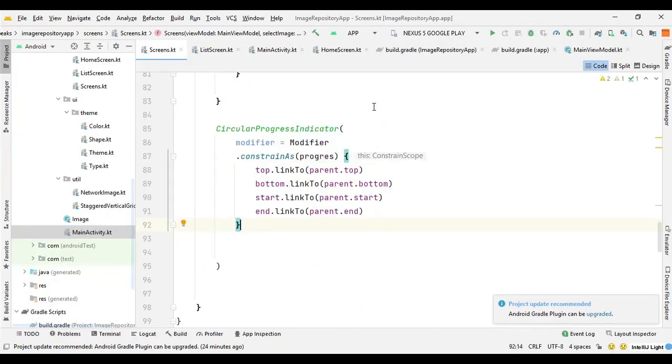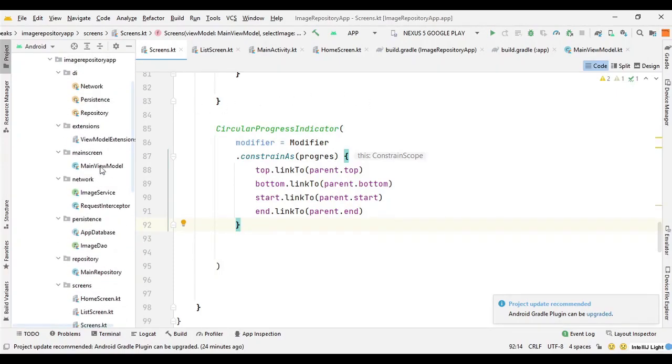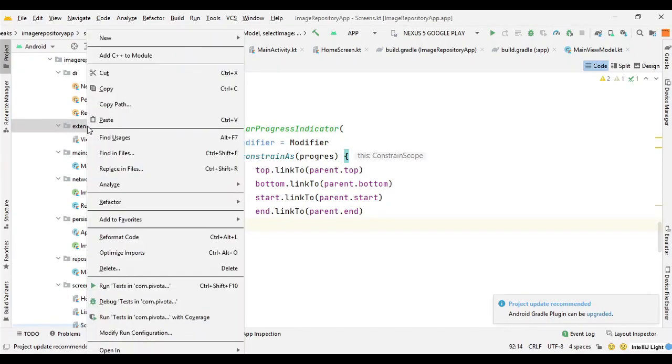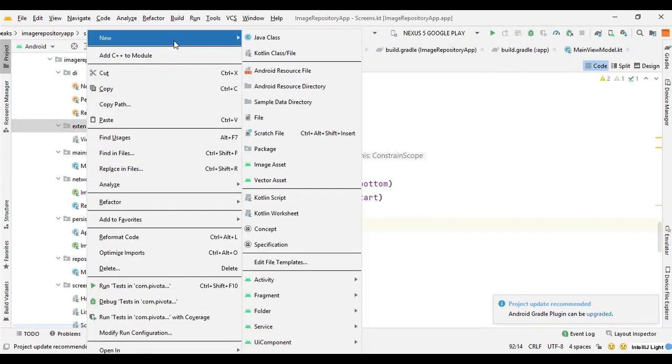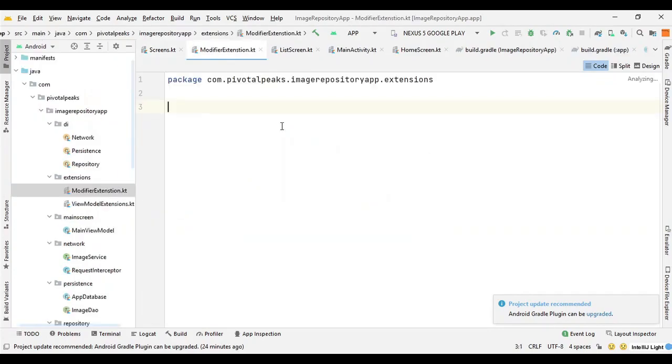Now we need an extension for the visibility of CircularProgressIndicator. So let's create the extension. So in our extension files, we can say new modifier extension, and here we need to create a function for the visibility.